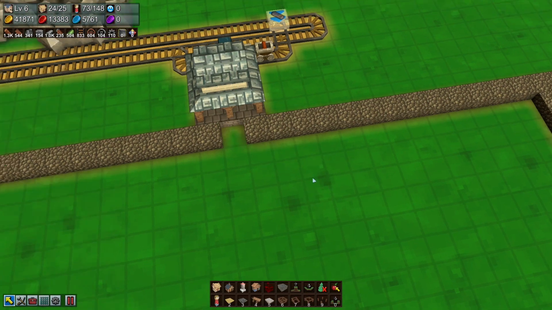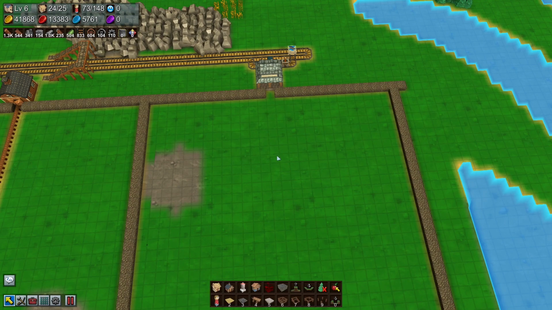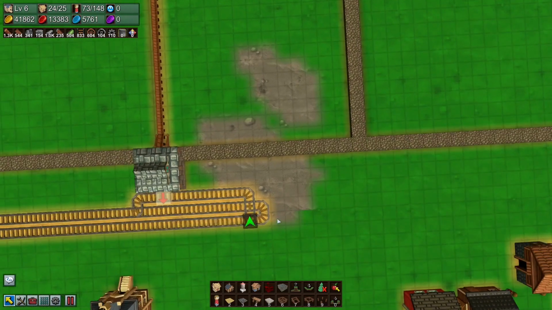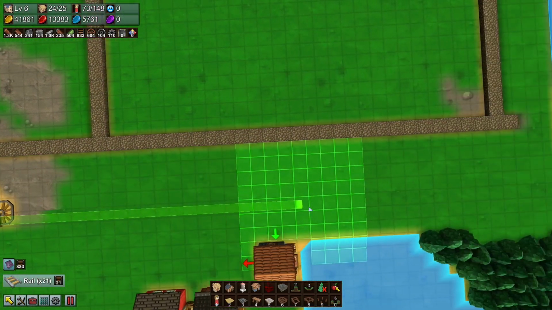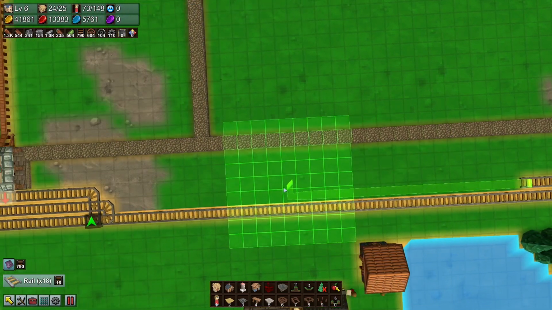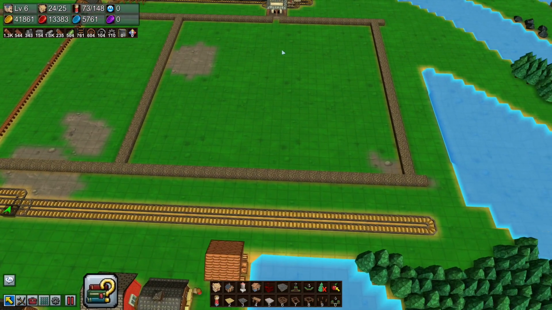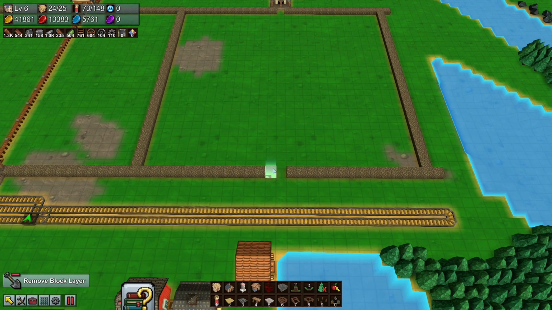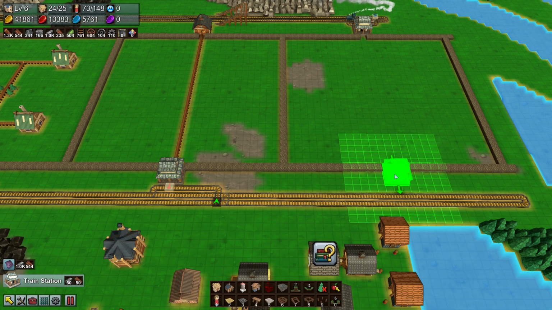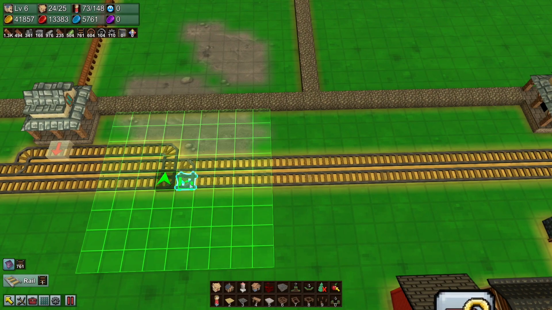Okay. So, in that case, what we want to do is run some wood off here, make it into planks, and then send the planks down to here for another train station. This is the main reason I've done this here: waiting for the stone bricks so I can build another station is annoying. So I kind of figured we'd do this, and then I'll just have it this sort of way, have it